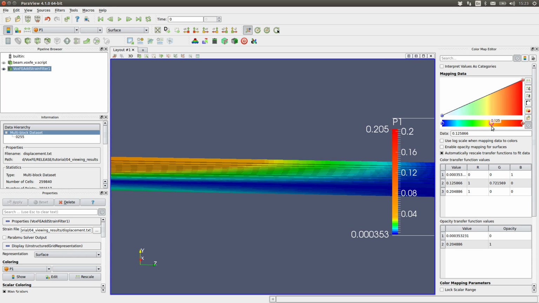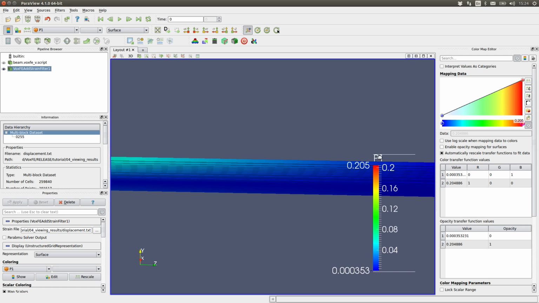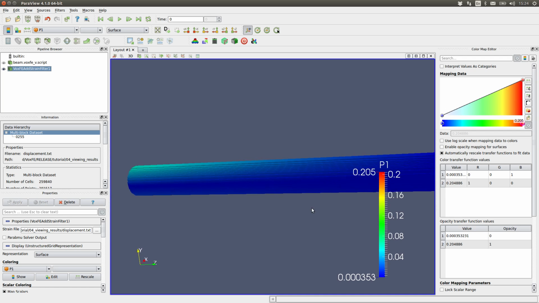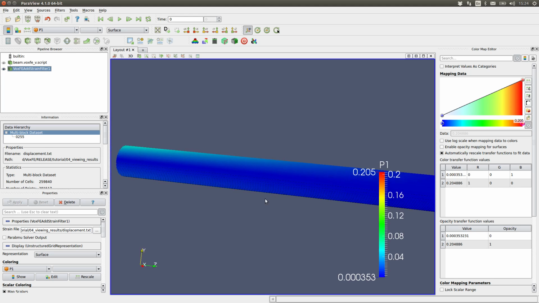So you can use a left click to create a point, and a middle button click to delete it, and it takes us back to where we were. But just looking at this scale, we probably want to set a limit to maybe 0.12 or something,